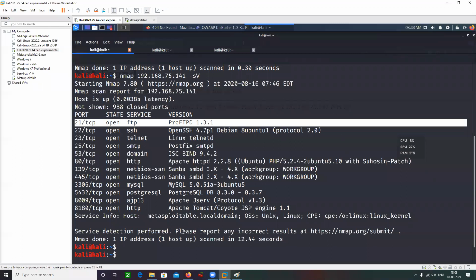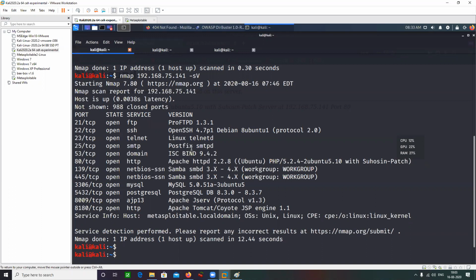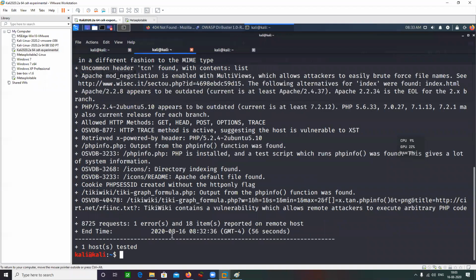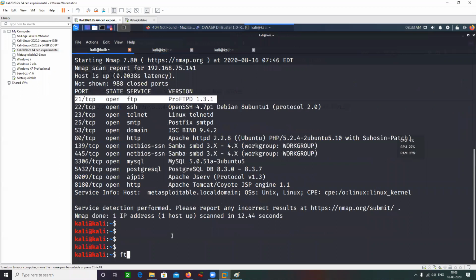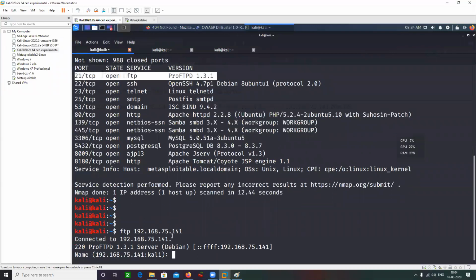Don't know. Okay. So there are two ways. I can use browser for making an FTP connection. I can use my command line. How to do it through command line? Pretty easy. Easy peasy stuff. You can simply type FTP followed by your target IP address. So the IP address is this. Simply press enter and an FTP connection is going to be made. And here you can see that I'm basically asked for authentication, for entering the username and password.